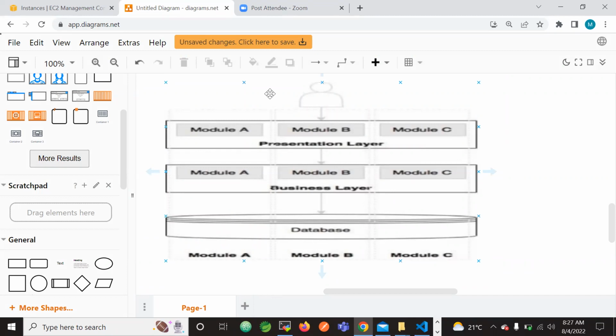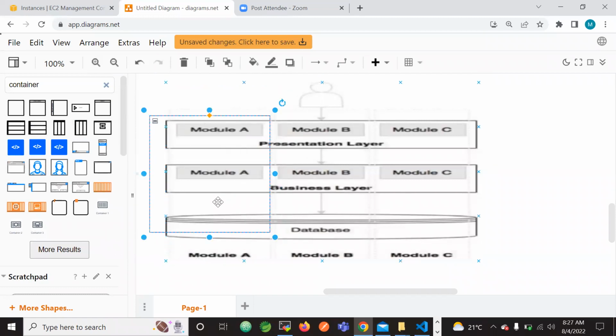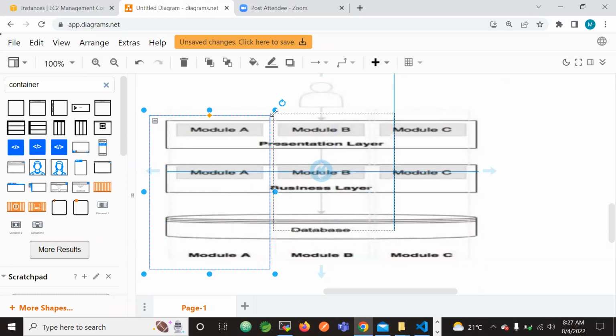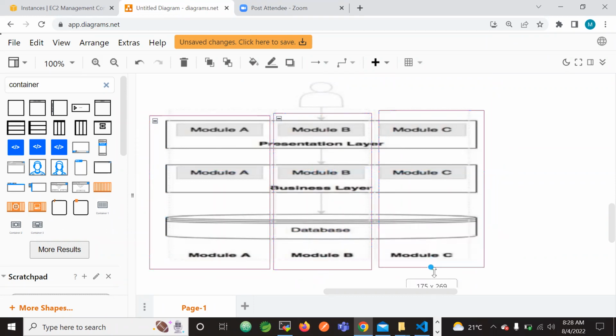If we vertically slice it down, then it becomes a microservice. So how I can vertically slice it down is what I'm thinking about. Yes, see this? If we again vertically slice down this module B, see this? And then if we again vertically slice down this module C,